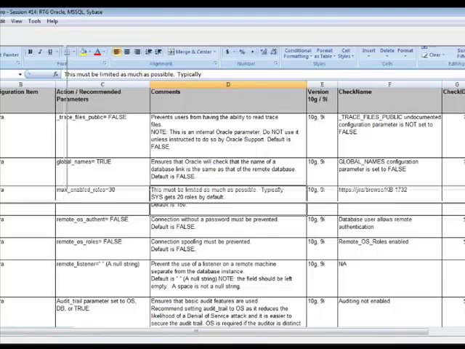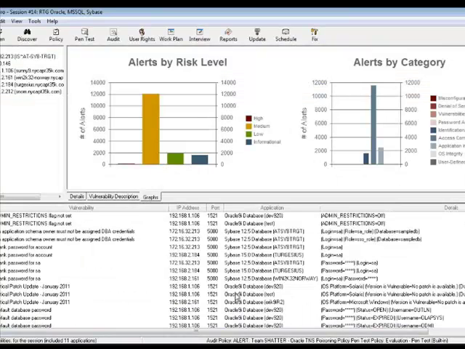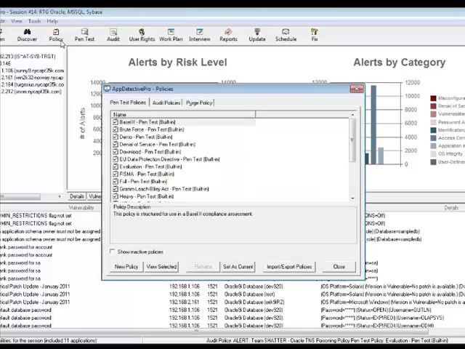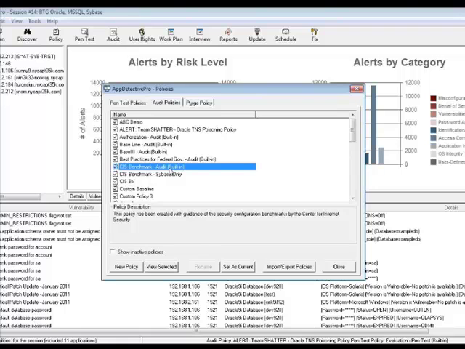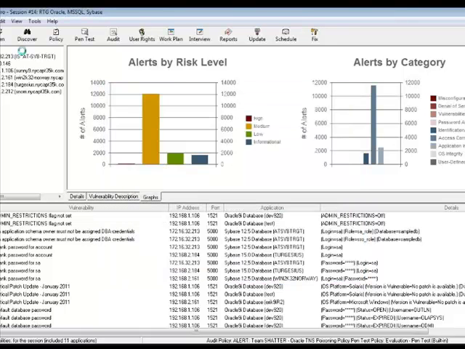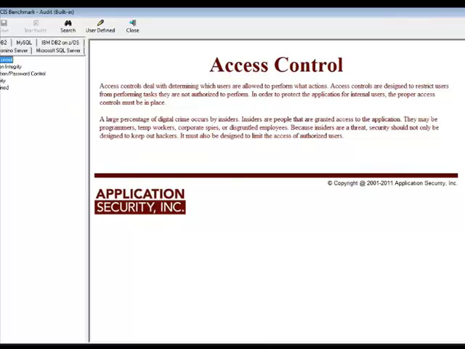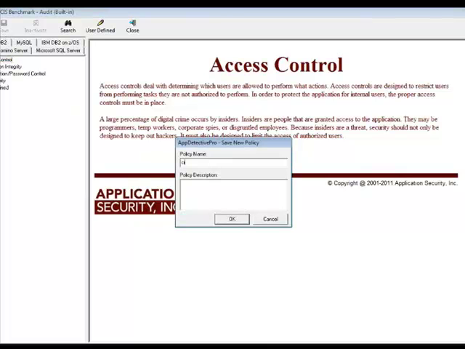But when you jump into the product, you have ways to investigate this within policy. So as part of your planning accordingly process, once you've determined that, hey, App Detective is the thing for me, and maybe I'm using CIS, for example. Well, you know that App Detective has a CIS policy here. So CIS benchmark audit. But maybe we want to customize that even more for our environment. So what I would do is take this, I would do view selected, I would save it as my own policy, therefore I can actually customize it for my environment. So I'll do a save as, I'll call it CIS custom,